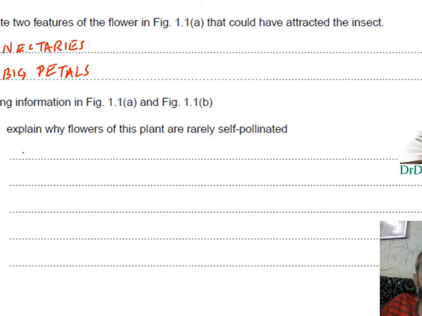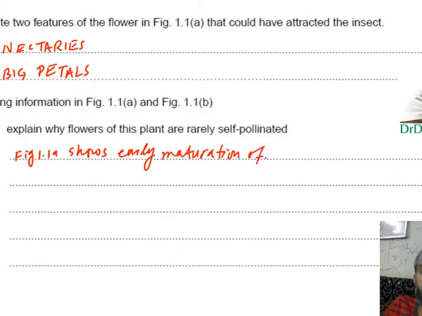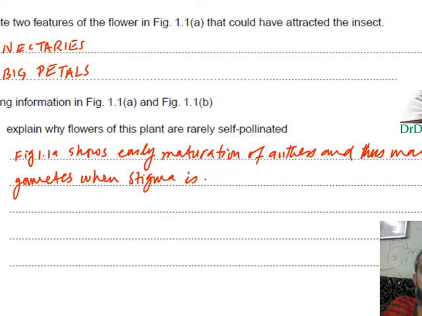Now you can see that figure 1.1a shows early maturation of anthers, and thus male gametes, when the stigma is not mature to receive pollen grains,